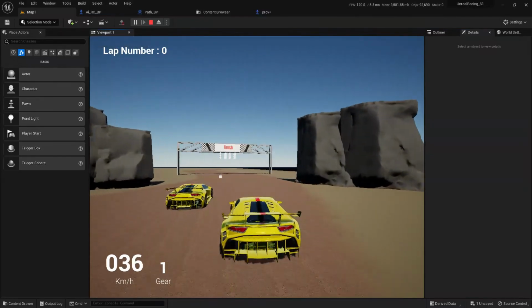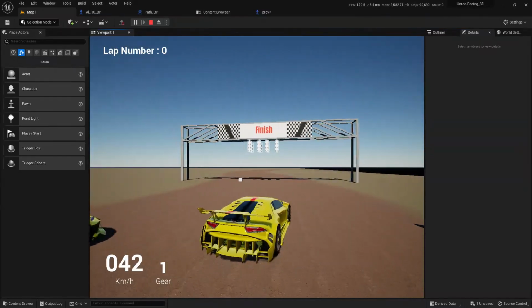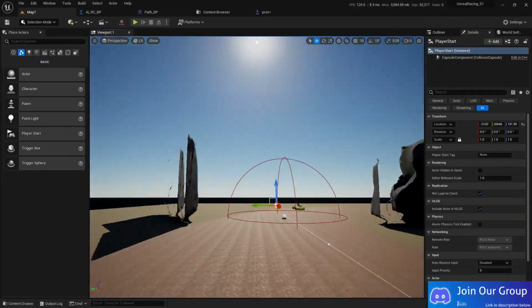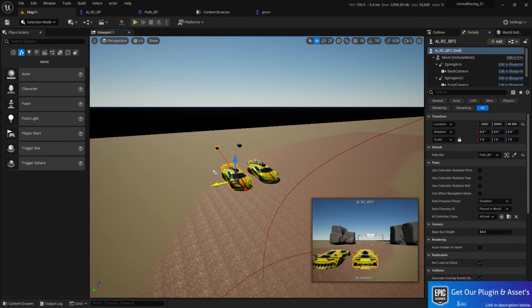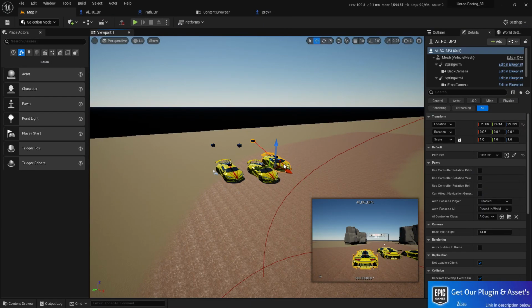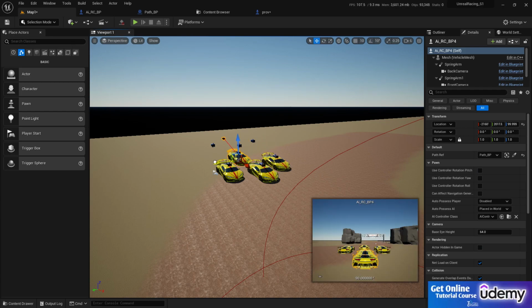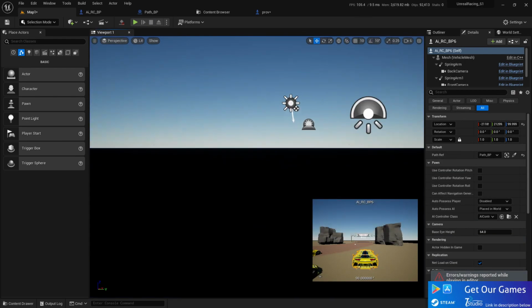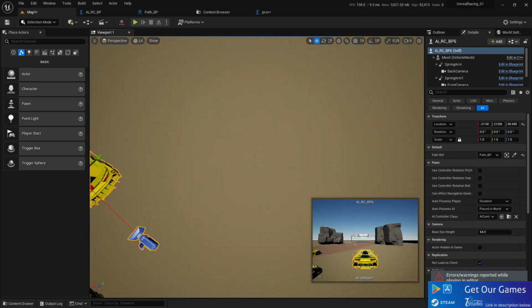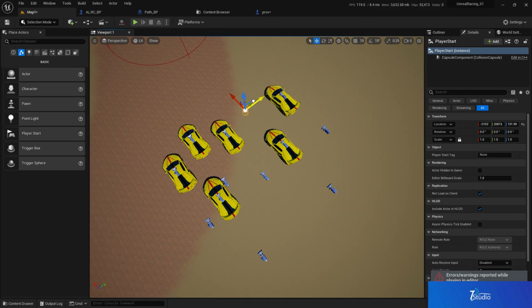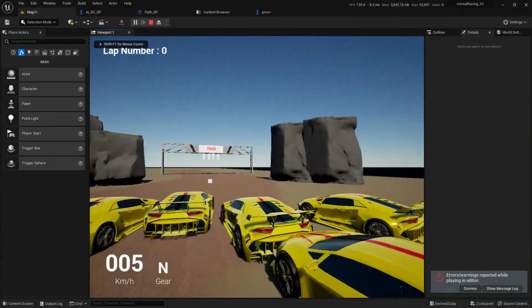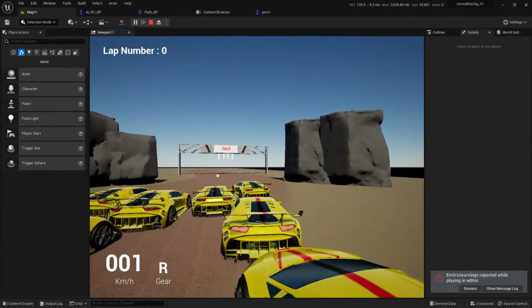So now as you can see, it's following this one, then it will follow this one. So basically we have an AI vehicle right now following the path. It means we can now create multiple vehicles like this. There's no issue, all the vehicles will follow this path. Even if we make them something like this. Oh, I guess some spawning issue happened. Let me see why I'm spawning. Oh yeah, now as you can see, tons of AI vehicles, we have them all,